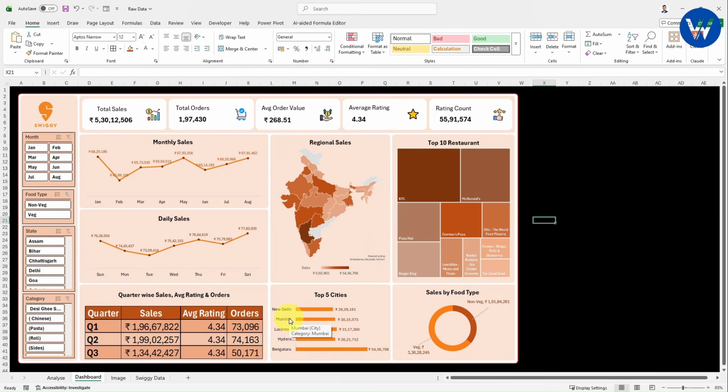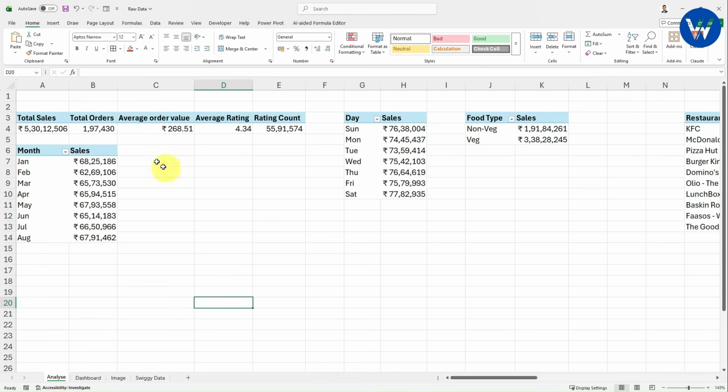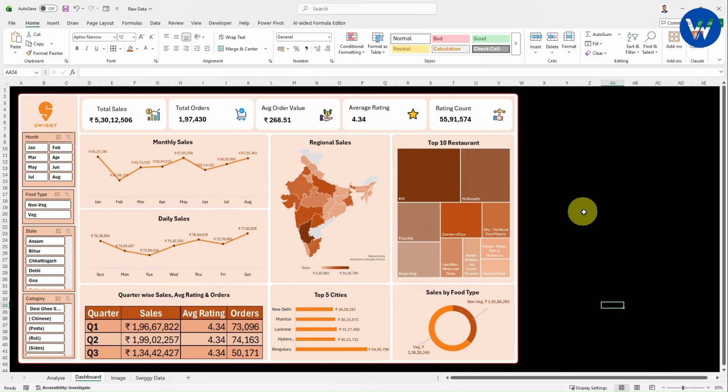I think a few of you might know already what is the problem. If you know, you can write in the comment section. What is the mistake? Let me tell you. We have created the slicer only with the help of this single pivot table. We didn't create it for multiple pivot tables. Now what you need to do is build a relationship between all the tables. Now let me show you how you can build.